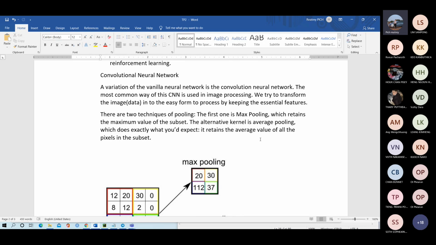And then when we make the input of data, as our friend said, we try to filter the data, reduce noise, and normalize data. So in our process, we call it the pooling technique. Pooling technique is the way that we reduce high dimensional data to an easier form to access and to formulate.